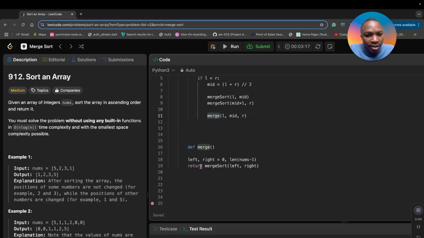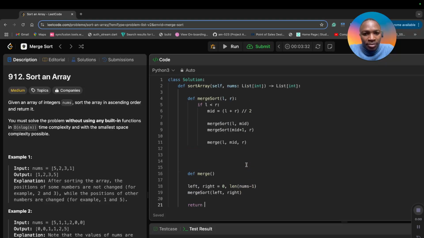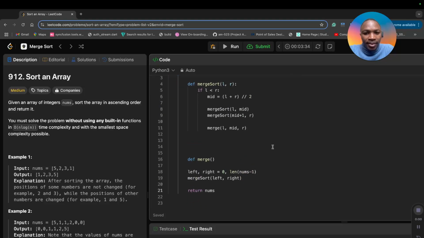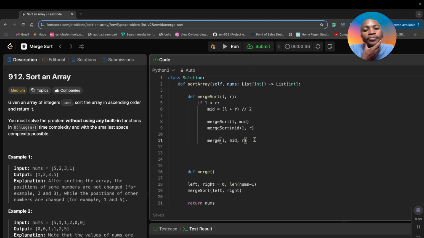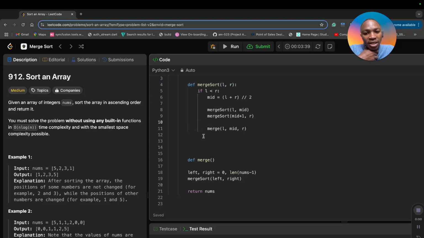Should we do it in place, or we can just do merge sort and then return? Let me try to do it in place, return the nums. So we have already finished the merge sort function. So when I come to the merge